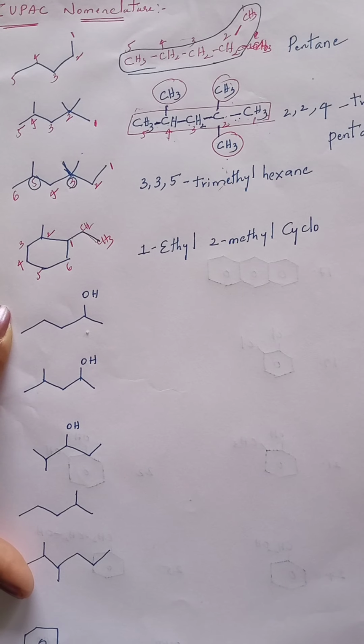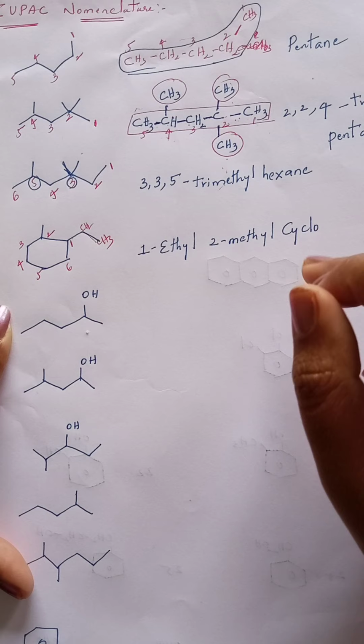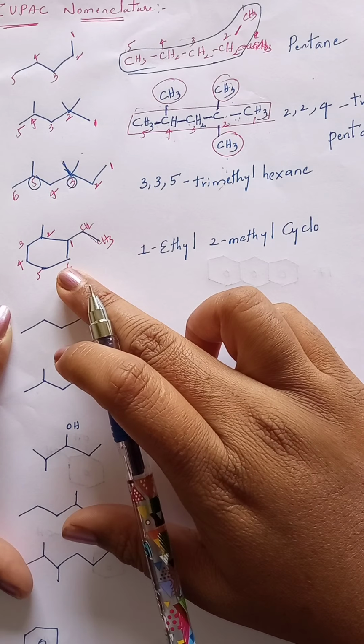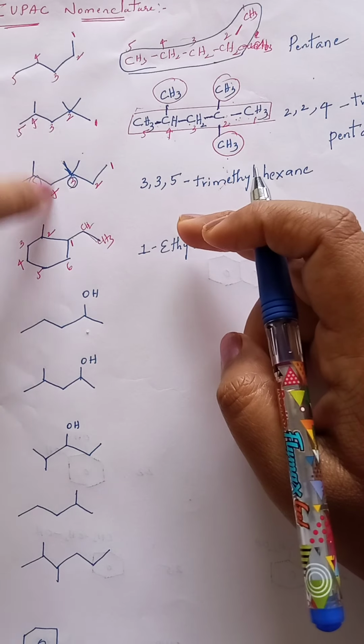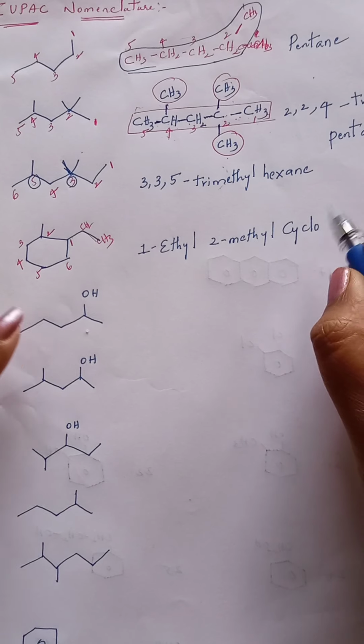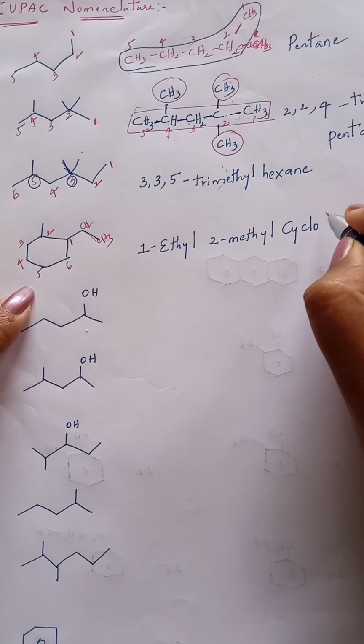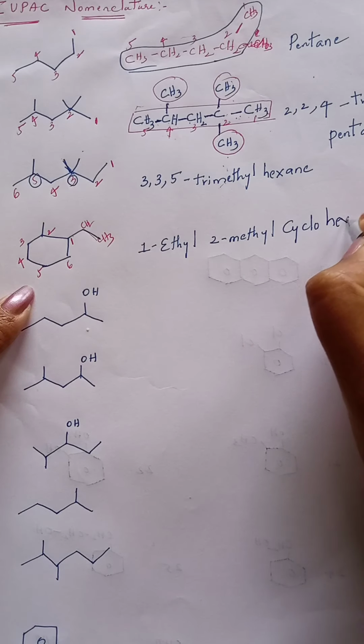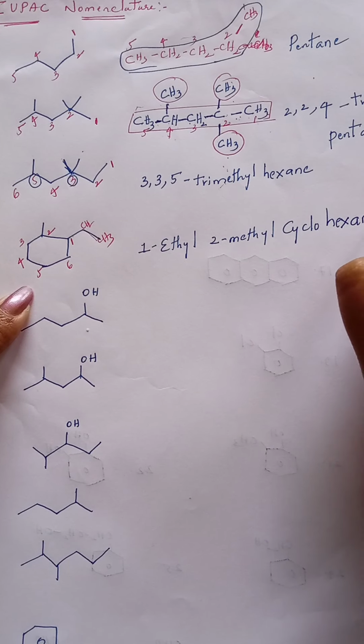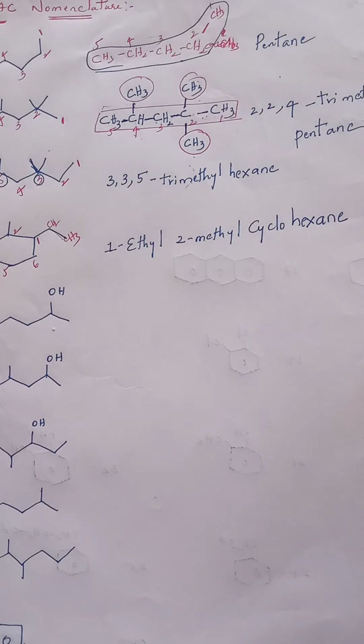Have you got it? I already told you, primary prefix we always use only for the alicyclic compound. All these are aliphatic. This is alicyclic. So we have to use the primary prefix cyclo here. And 6 carbons are there. Word root is hex and suffix is ane. That's it. No functional group is present, so no need to mention the secondary prefix.